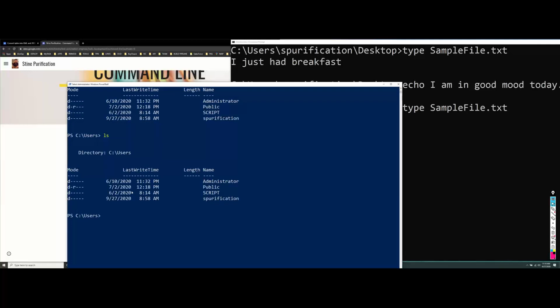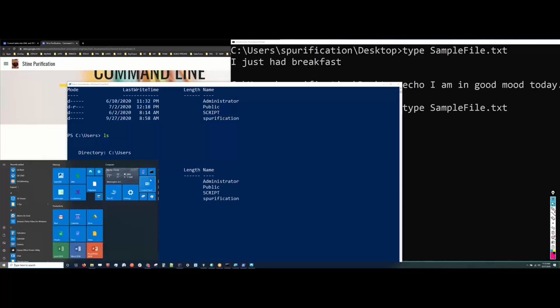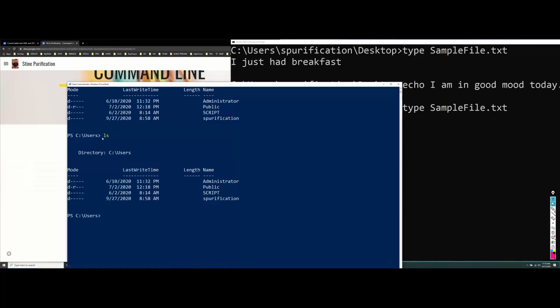It came in very handy for me when I started my company. My boss didn't know ls, and dir wasn't working, so I typed in ls and it displayed data, and he was pretty impressed by that. So anyway,